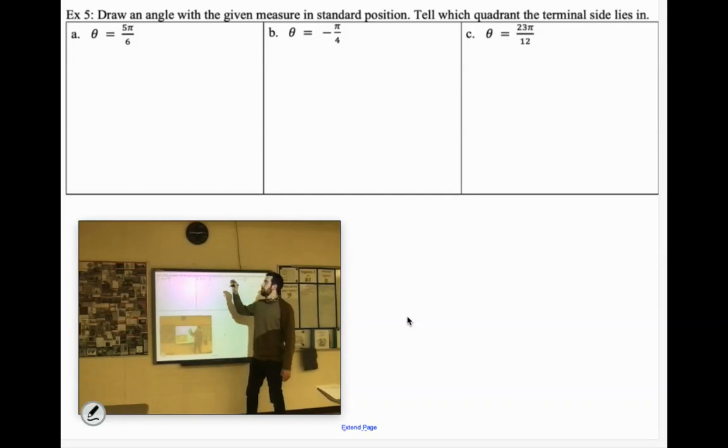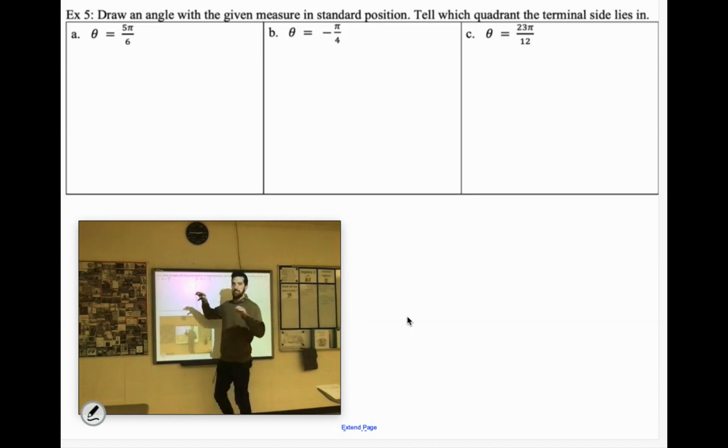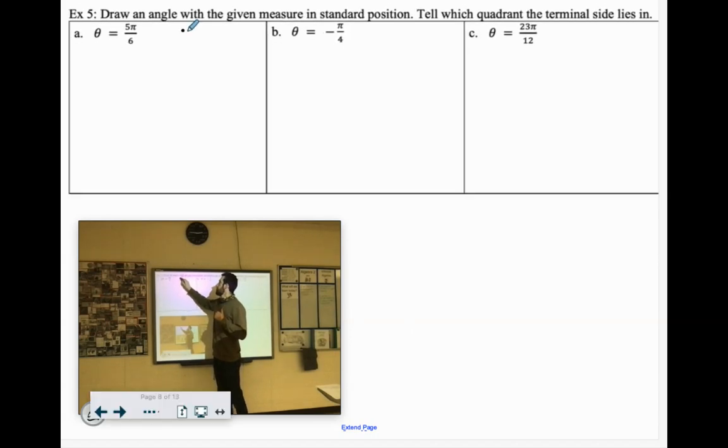Right, so 5 pi over 6, or 5/6 pi. This is given to you in radians. So here's what I like to think of first. How would this be divvied up? So a full circle, remember, is 2 pi over 1. We're going to get it to have the same denominator, which in this case would be